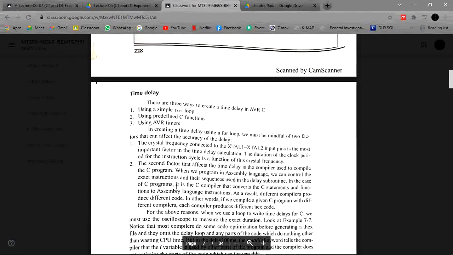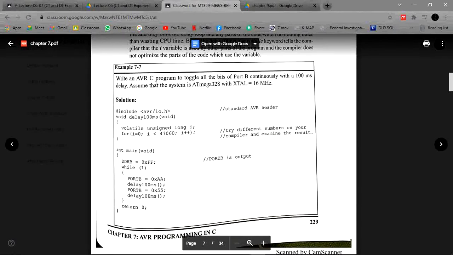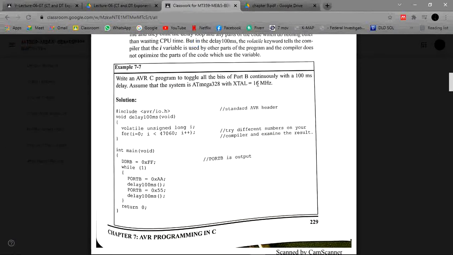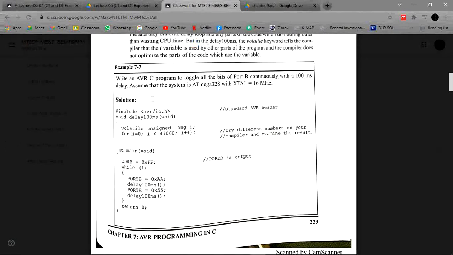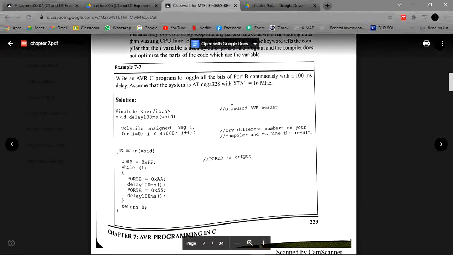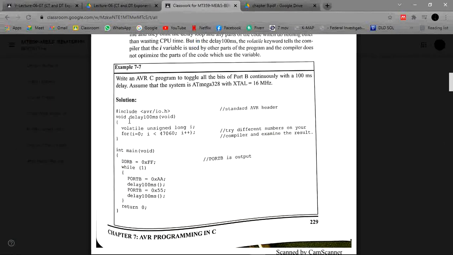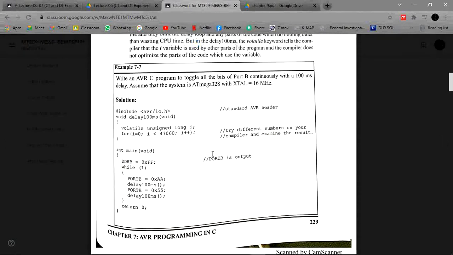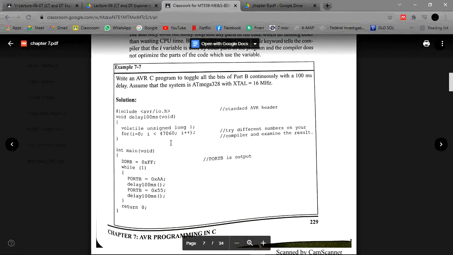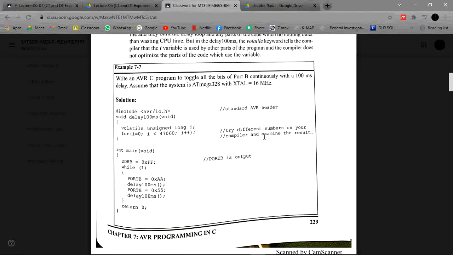So now we are going to move towards the seventh example, which is: write an AVR program to toggle all the bits of port B continuously with a 100 ms delay. So now we have to declare another thing here, which is delay. So after standard AVR, we have to create a function of delay 100 millisecond, and just like that we create an unsigned long i, for i is equal to 0, i less than 4760, i increment.